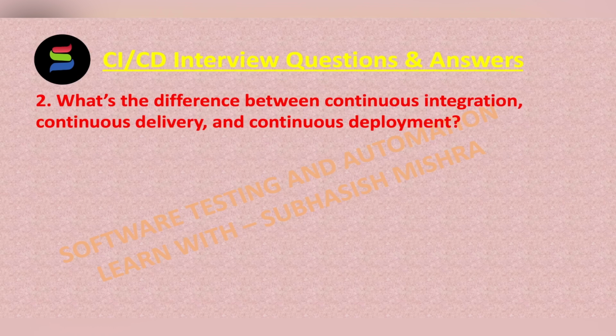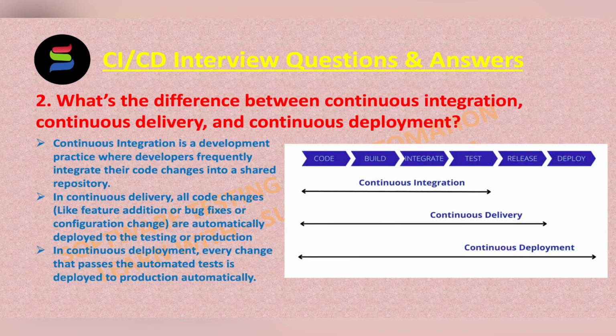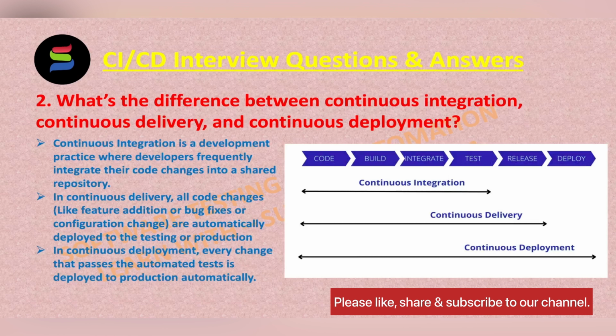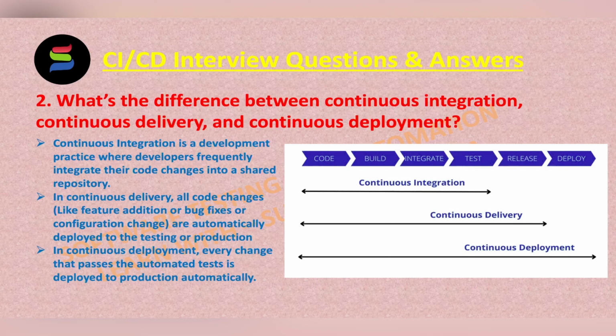What is the difference between continuous integration, continuous delivery and continuous deployment? So continuous integration is a development practice where developers frequently integrate their code changes into a shared repository. This integration occurs multiple times in a day from multiple developers. After code integration, it is validated through automated tests and a build procedure. This approach helps in resolving integration challenges and rectifying bugs early in the development cycle